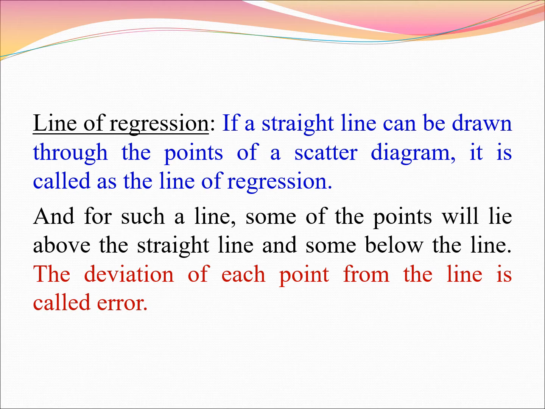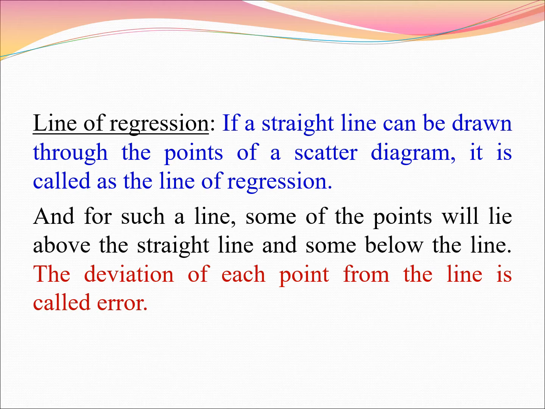In correlation, we had seen a scatter plot where the two variables were plotted on the two axes and the points or the observations were plotted on the graph. If a straight line can be drawn through the points of a scatter diagram, it is called the line of regression. Unless the correlation is perfect, all the points will not lie on the line of regression. There will be a few points away from the line, below the line or above the line,